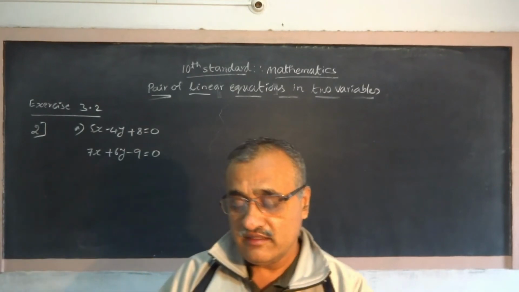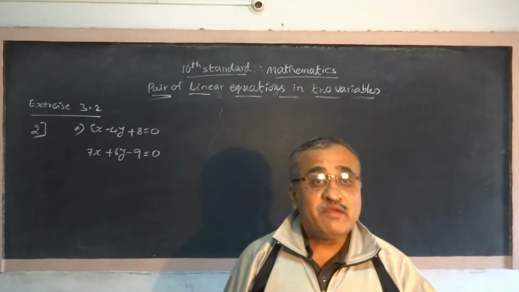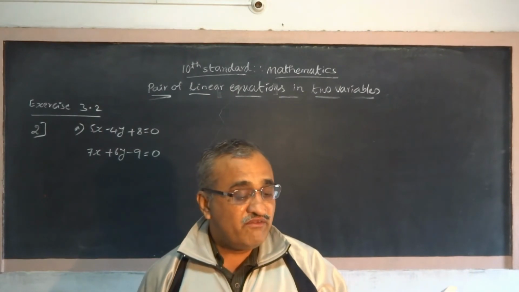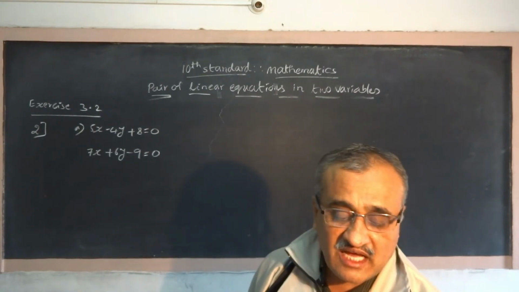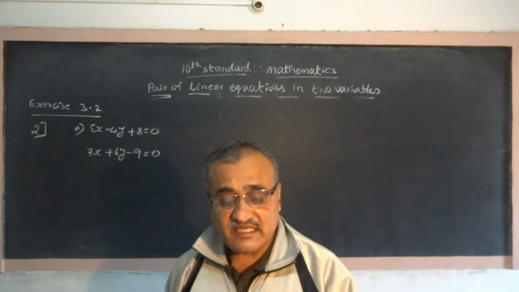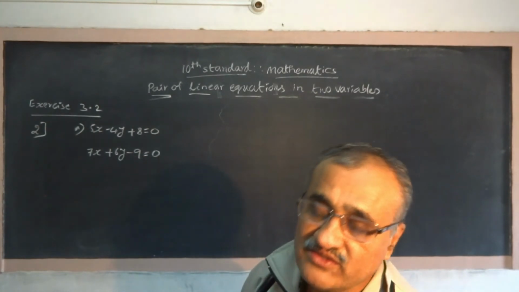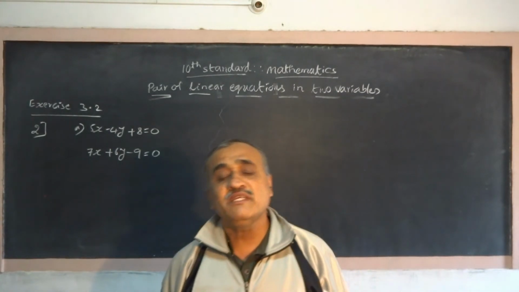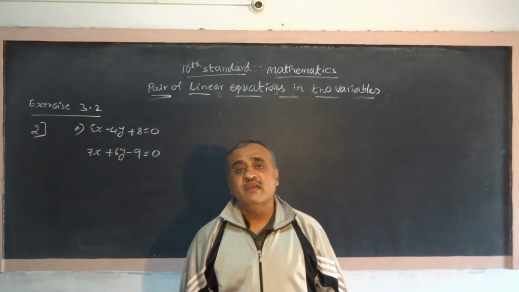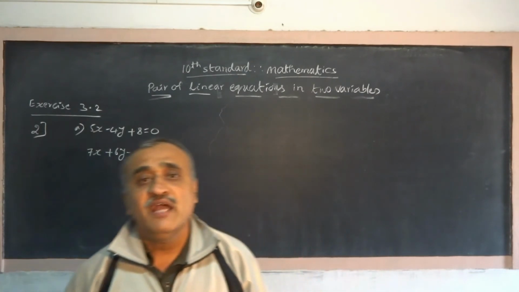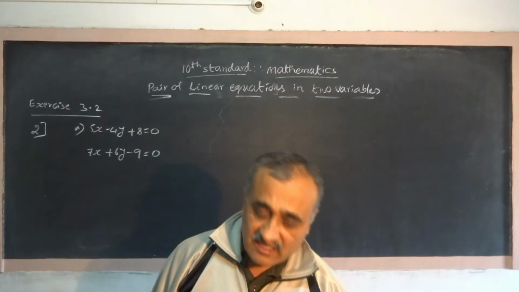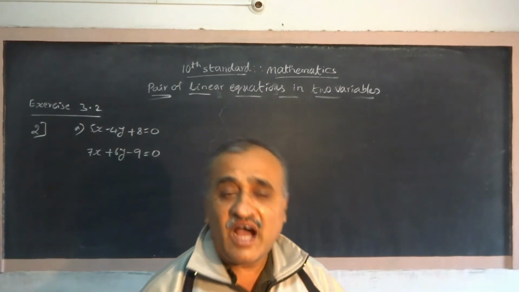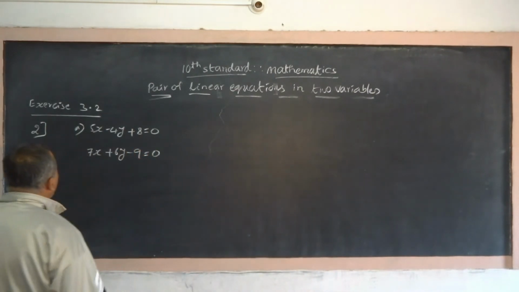On comparing the ratios a1/a2, b1/b2 and c1/c2, find out whether the lines representing the following pairs of linear equations intersect at a point, or are parallel, or coincident. You find a1/a2, b1/b2, c1/c2, compare them and say what kind of behavior it is: intersecting at a point, parallel, or coincident. So now, take here,